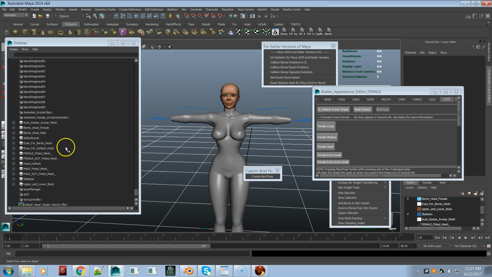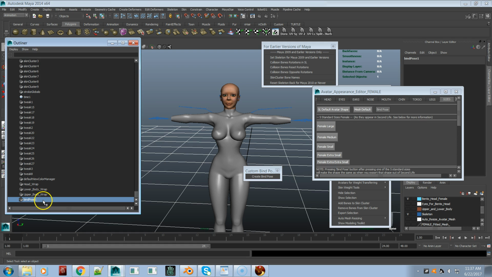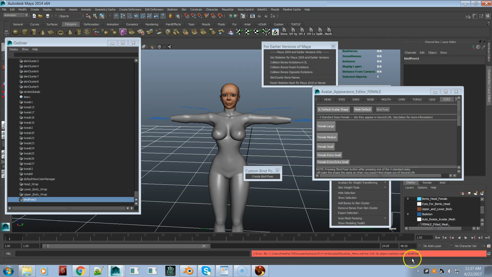If you get an error when you click on create bind pose, which happens sometimes, sometimes this bind pose will get renamed. So if this was named, say bind pose 2, and you click create bind pose, you get an error. See, it says nothing matches bind pose 1 name. So that's what has happened. Sometimes during the import process, or if you've used multiple bind poses,